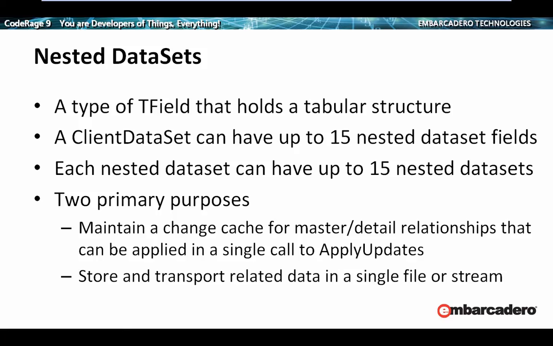There are two primary purposes for nested datasets. The first is to be able to maintain master detail relationships in a single unit, especially valuable when you're using cached updates. When you have nested datasets in a client dataset and you place it into the cached updates mode, you're tracking changes to not only the master client dataset, but as well to all of the nested datasets. And this allows you to make a single call to apply updates on the master dataset and have all the details and the master changes applied in that single call. Furthermore, if you are applying updates within a transaction, all of those changes will be performed in an all or none fashion. The second purpose for nested datasets is to store and transport